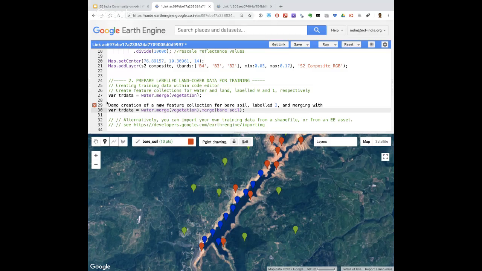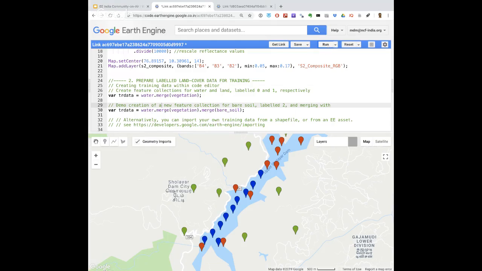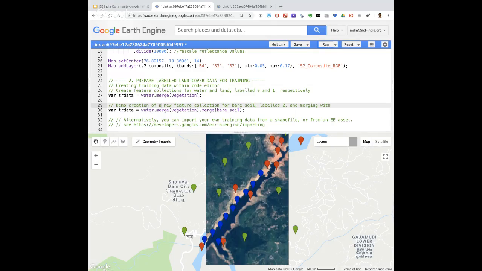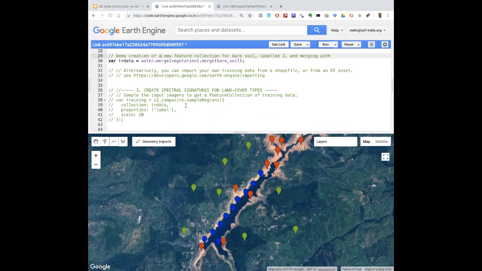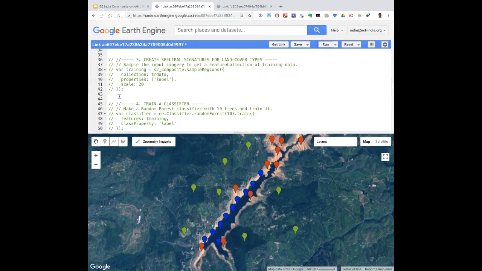And now what I will do is I can actually merge all of this data together, so I have training points from water, from vegetation, and from bare soil, and I can merge this. Since after all of these have been merged, we can get the